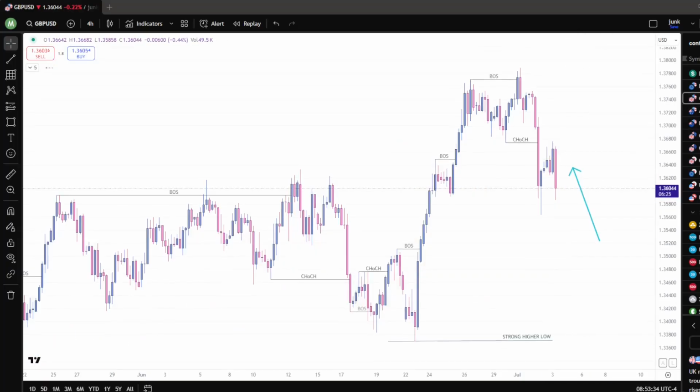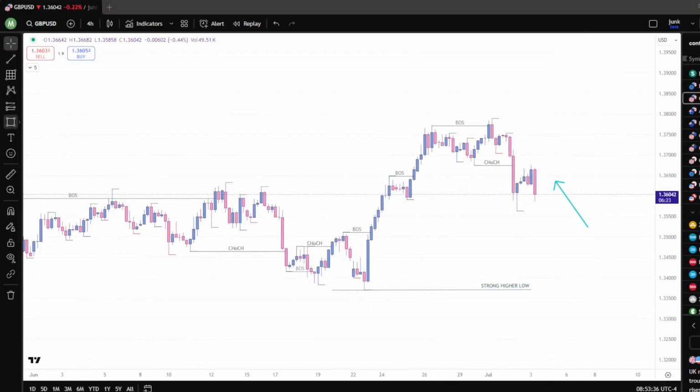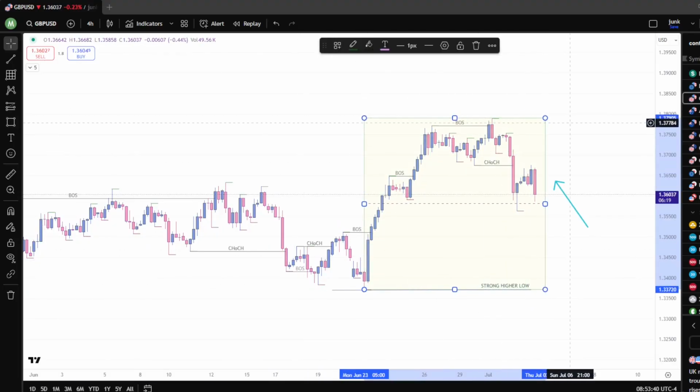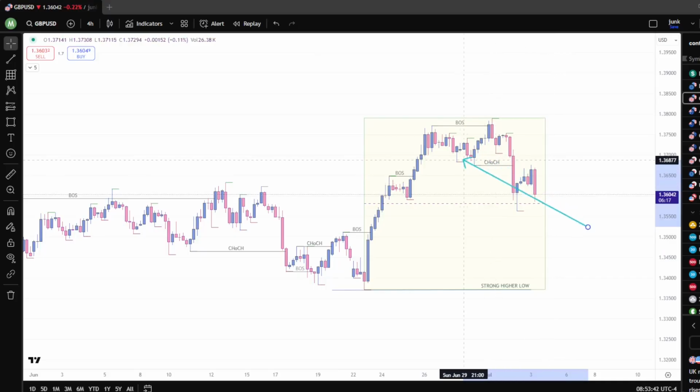GBP USD. Let's go and map out the current range on the 4-hour chart. I was saying yesterday, this area of support was taken out. And with the news today, it hasn't broke past the lows that formed yesterday. This area of support held up. Still only looking for buys. This area of demand, once it retraced back into it, did hold up, but